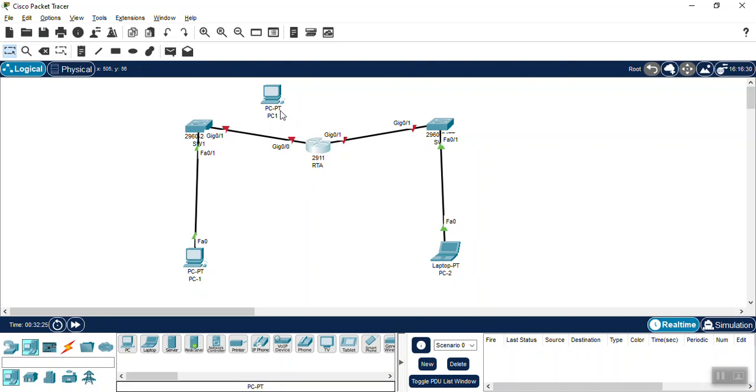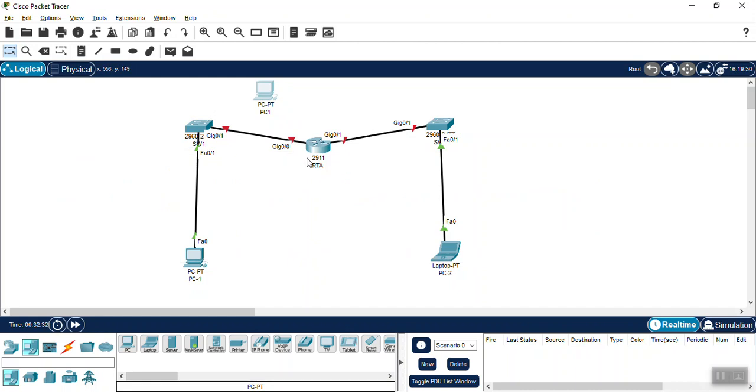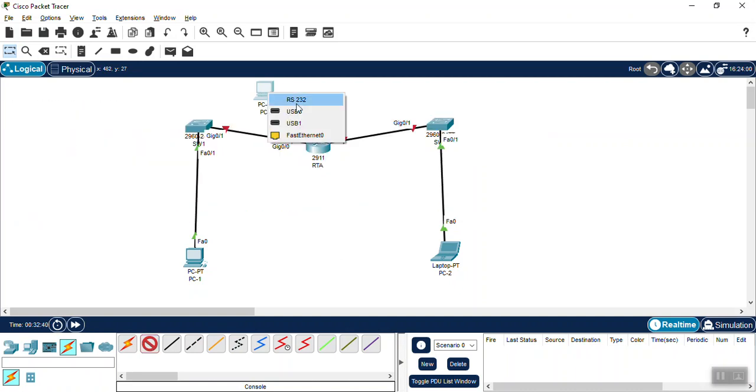For that purpose we connect a PC with the router, and the PC is connected to the router through the console cable. As you can see here, this is the console cable that we are using. One end is inserted in your PC, and the other end is inserted in the console port of your router.